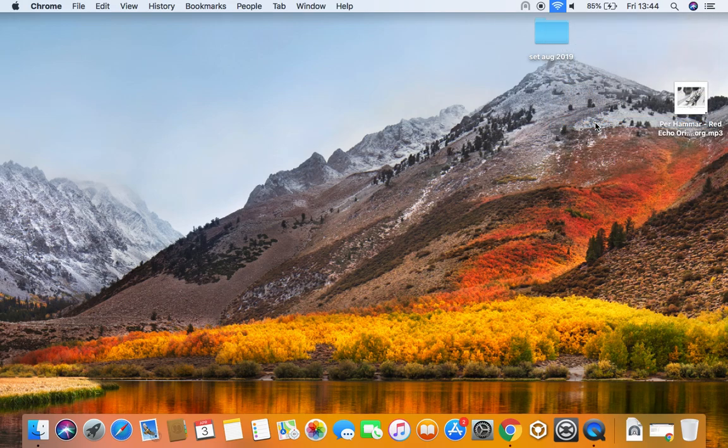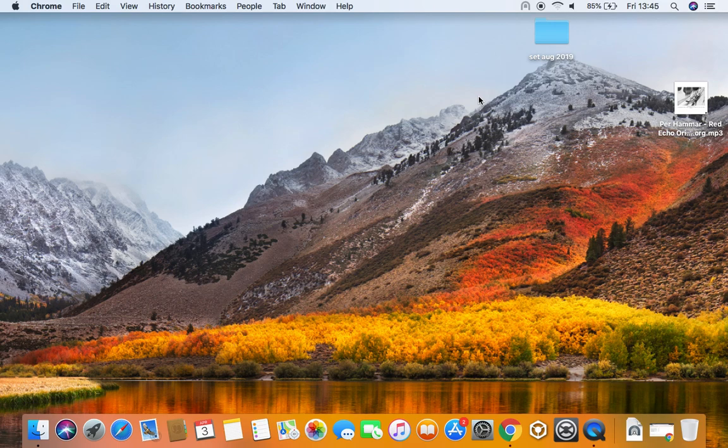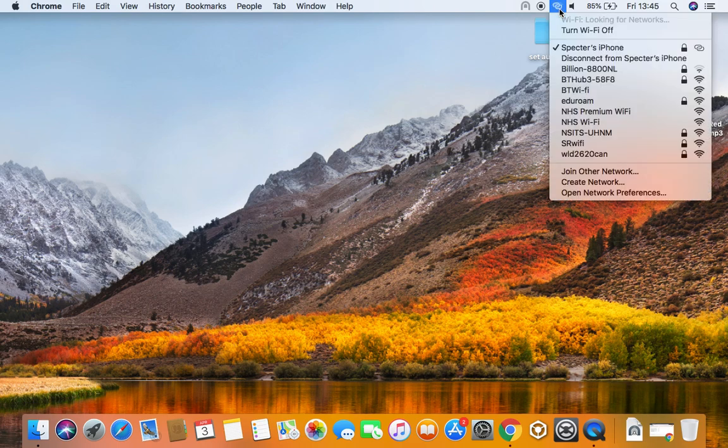Spectre's iPhone, so that's my hotspot. I'm just going to connect to it. Right, now try it. Okay, so I'm connected to my hotspot, and now